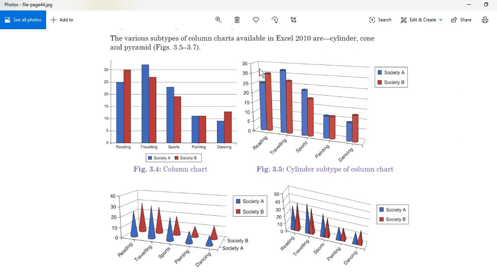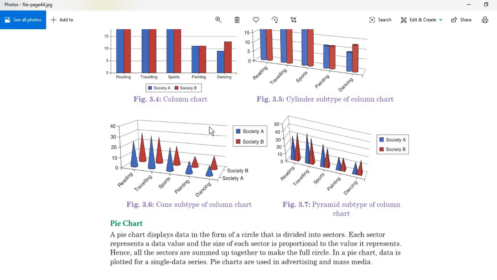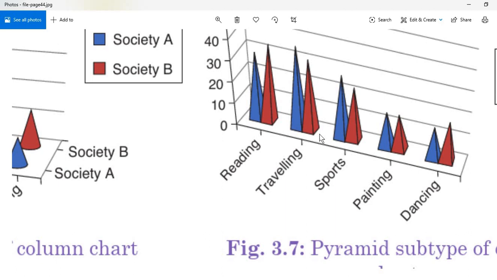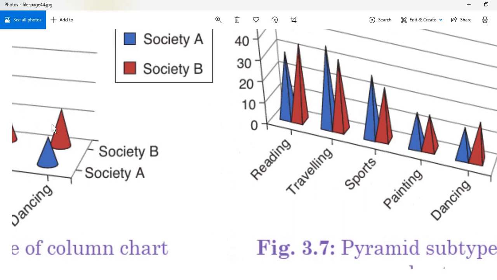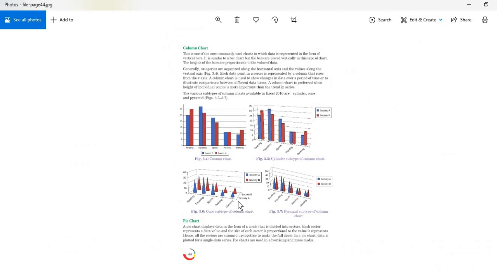Cylinder এর মতো দেখতে, তোমরা cylinder shape টা I think জানো. And then there is cone chart, cone bar chart. You have already seen cone, ice cream cone, of course. And then there is pyramid type. তোমরা pyramid আর দেখো এটা একটু বড় করছি দাও. See, this is pyramid type, right? And this is difference টা বুঝতে পারছো, এটা গোল and এটা pyramid এর মতো shape আছে. This is pyramid type column chart.